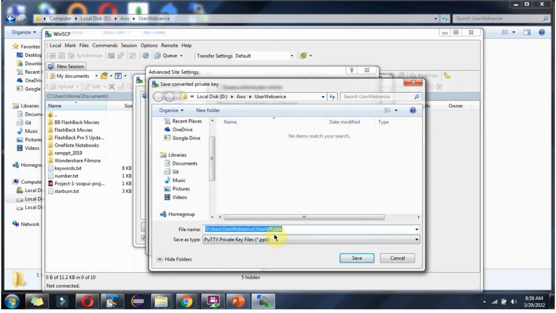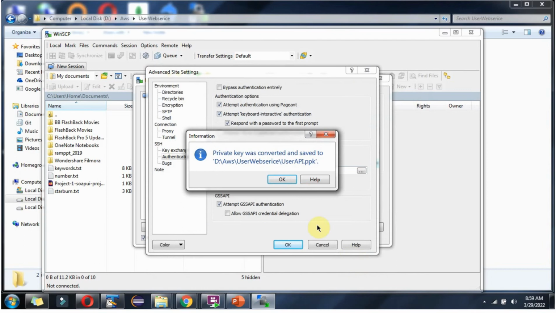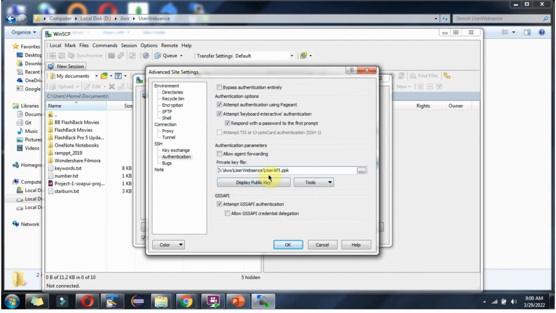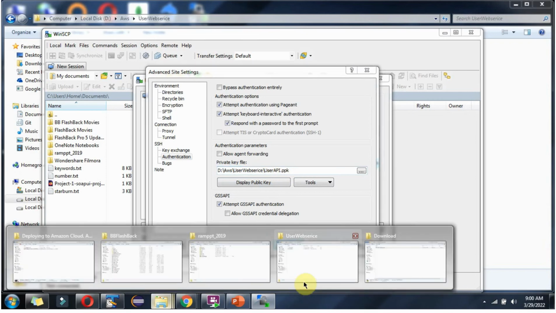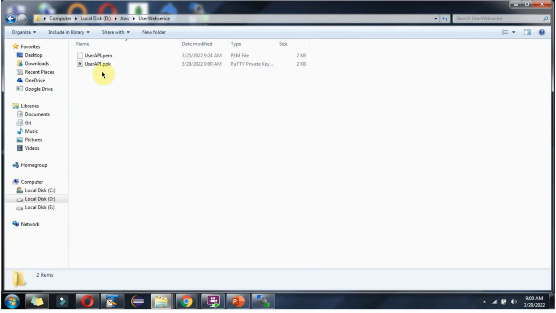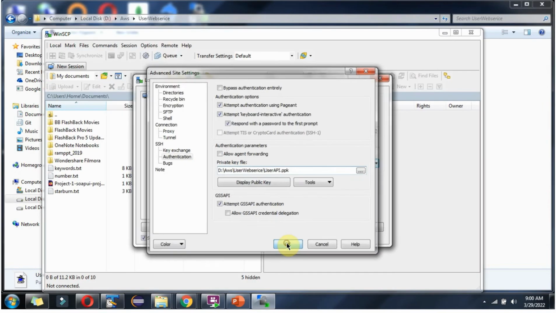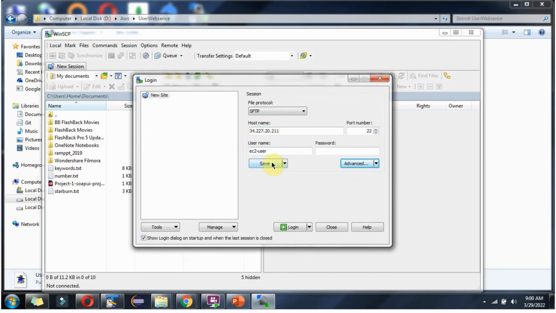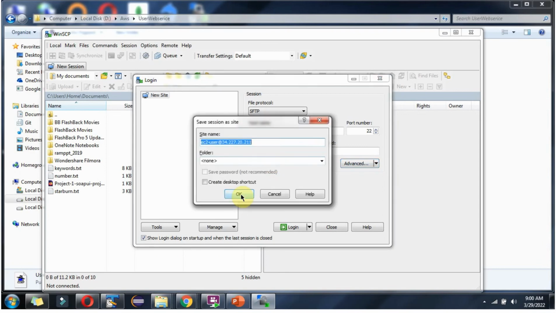and it is generating the PPK file. Click on save. Click on OK, and the PPK file path is given here. If you check, the PPK file has been generated. Click on OK, and you can save these details for future login. Click on OK,